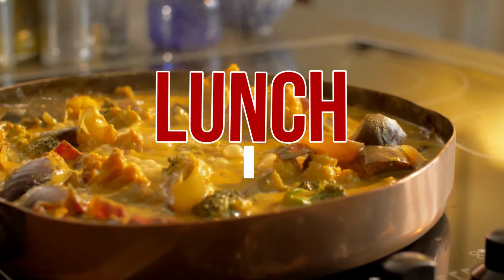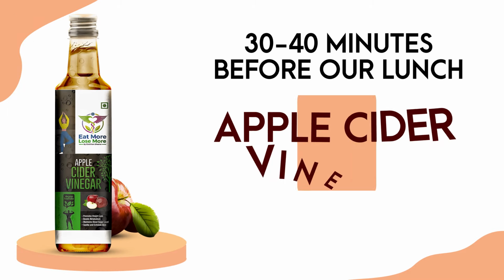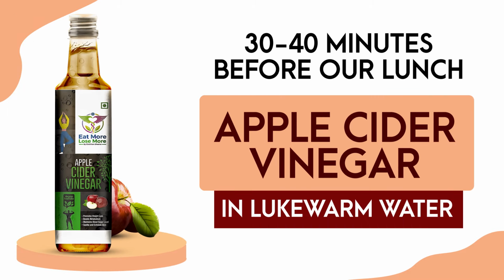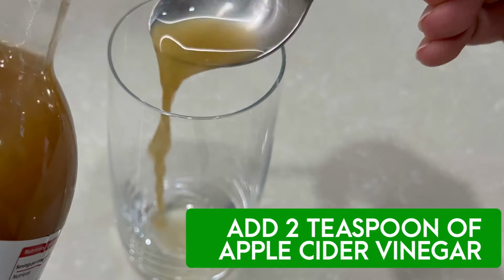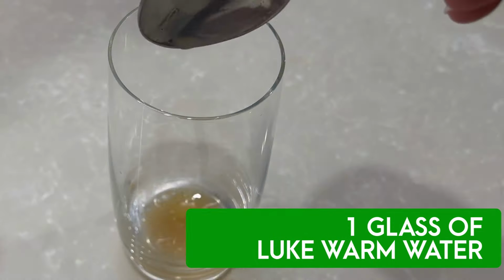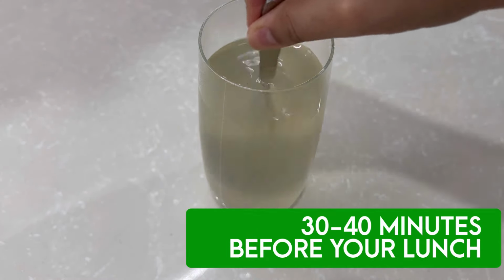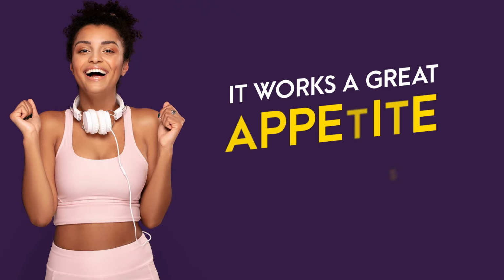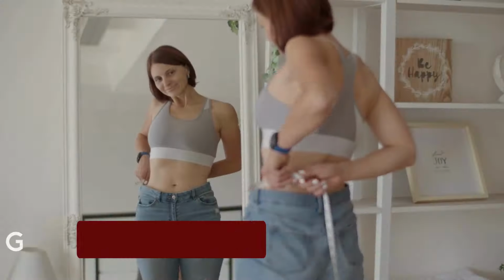And now let's proceed towards our lunch options. As usual, 30 to 40 minutes before our lunch, we'll have apple cider vinegar in lukewarm water. All you have to do is simply add 2 teaspoons of apple cider vinegar in 1 glass of lukewarm water. Have it 30 to 40 minutes before your lunch. It works as a great appetite suppressant and also boosts the metabolism from within to give you good weight loss